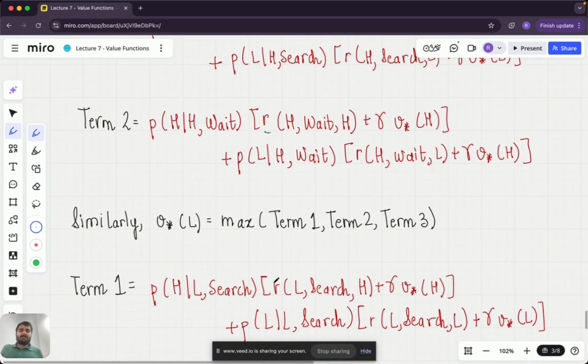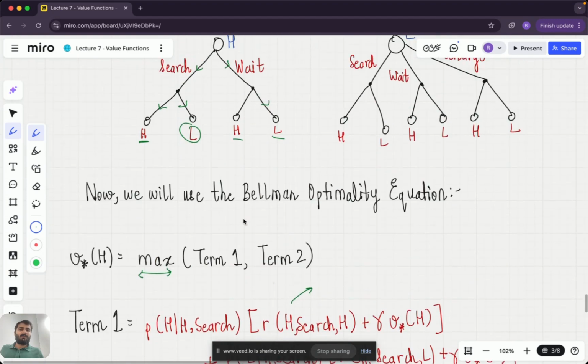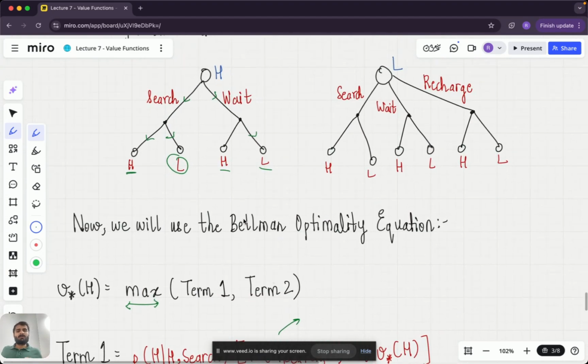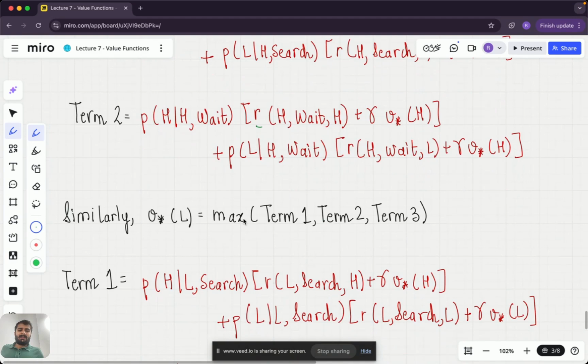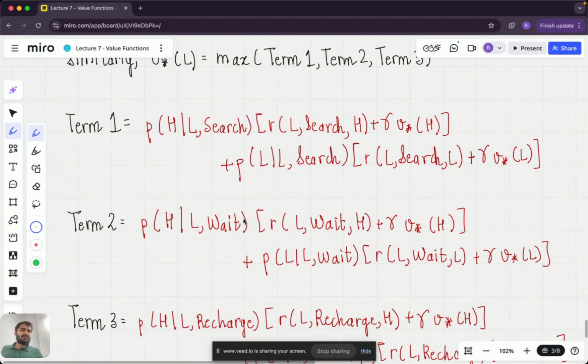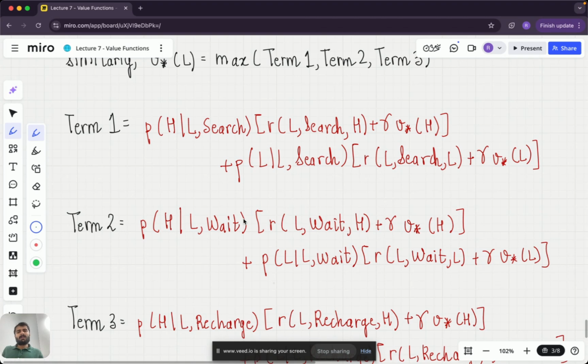Similarly, we can write three terms for low because we have three actions and we have to choose which action gives us the maximum reward. And then there are these three terms which are again very similar to what we discussed before. I want you to pause at this step and try to see how these steps are derived, because then you will understand the Bellman optimality equation and the terms more clearly,